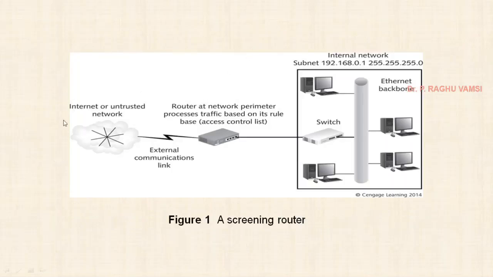So here is the internet or untrusted network from which communication is coming into the router. So here it is a screening router. The router at the network perimeter processes the traffic based upon the rules and it will come into the internal network. So the advantage of this is very simple, but it cannot stop the traffic which is coming from these spoofed